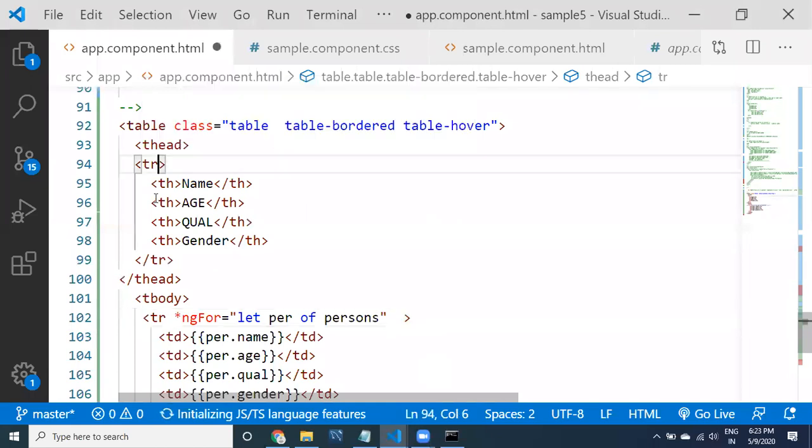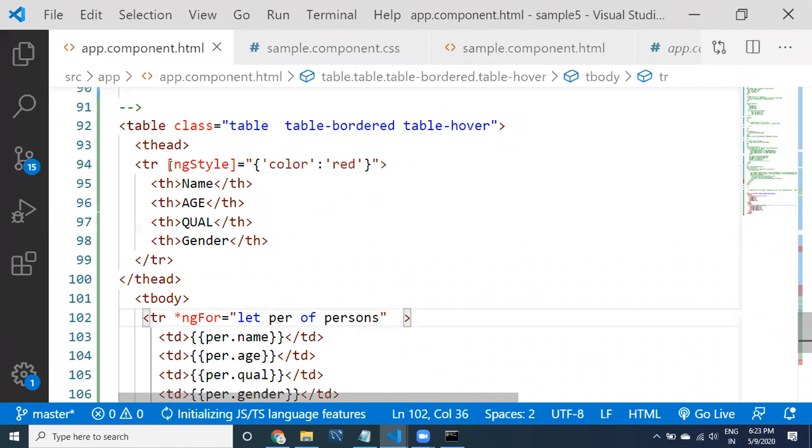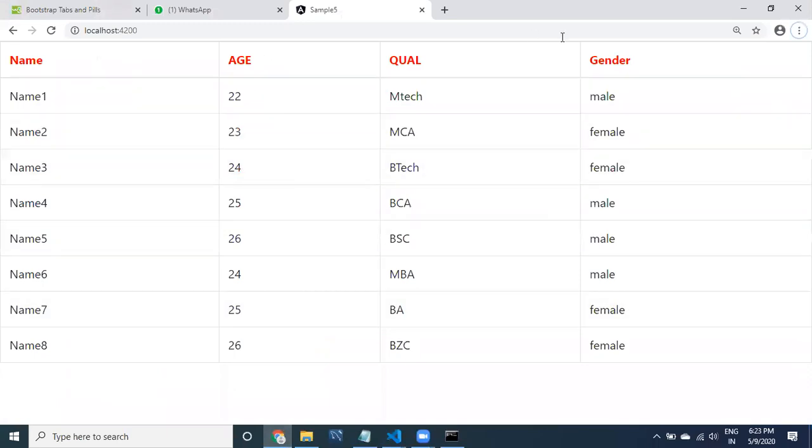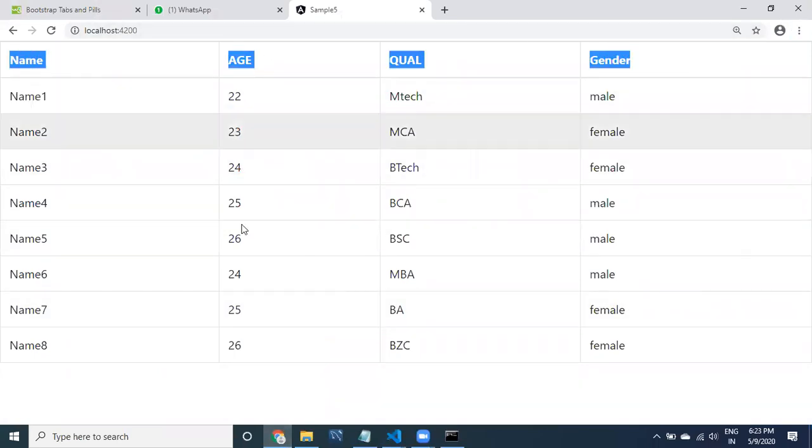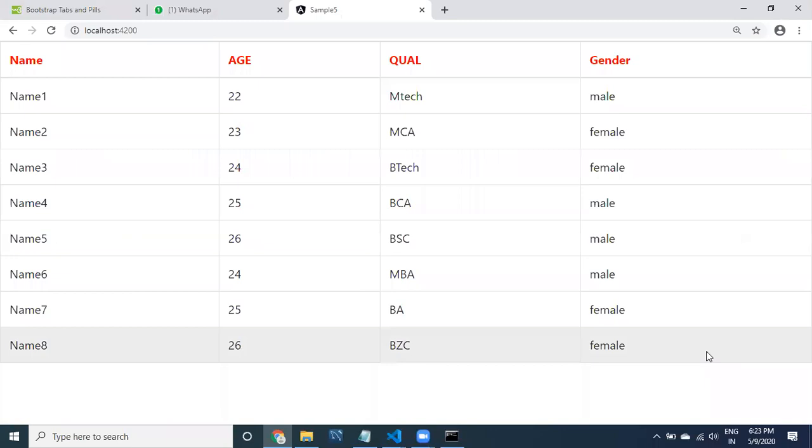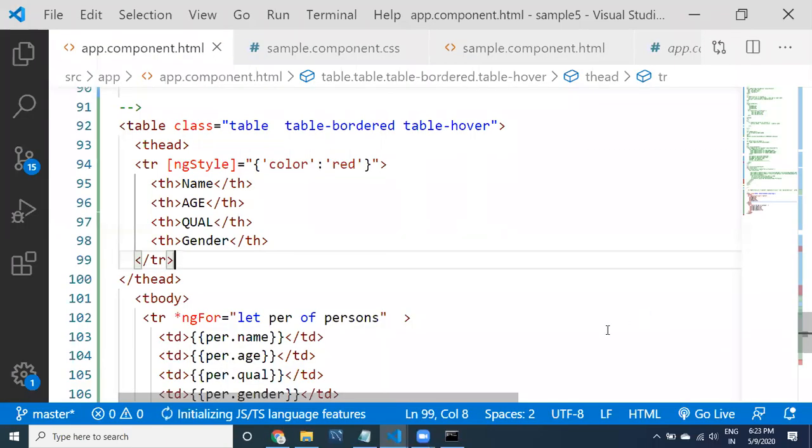What is header? Go to the header, you can apply style for color red. I have removed style here, I have applied it for header, that's it. For whichever elements you want to have some styles, go to that particular element and apply the styles over there directly. Now come back here, see here guys, the color got applied to header. So you can apply that wherever you want, not a problem.